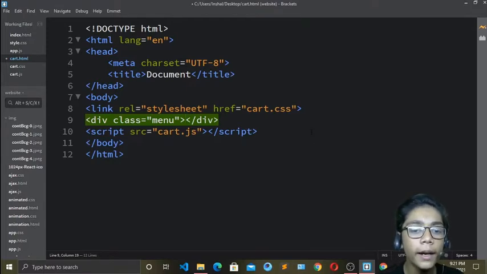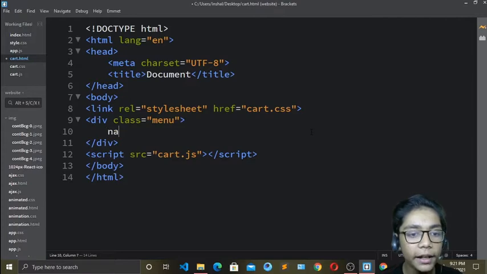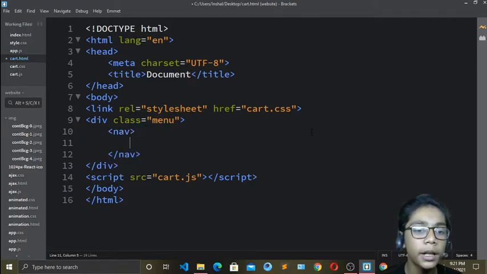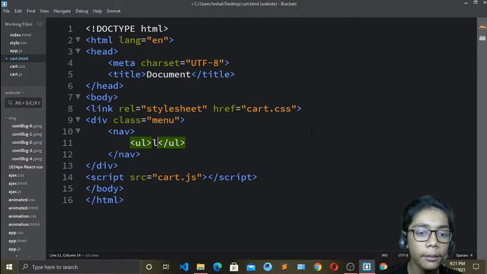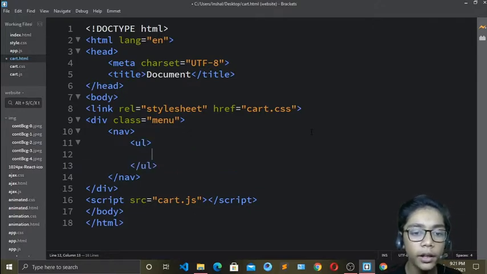And now over here I will press enter, and over here I will write the nav tag. Okay, so you have to take care of one thing: you write the nav tag, not navbar. Okay, because it is a different thing from that. So I will just press tab. So now here you can see my tag has come, and now over here I will define the names which I have to define. Okay, so press Ctrl Z, and now underneath that we have to define the li tag. Okay, means list tag. And now underneath that I will define my a tag.